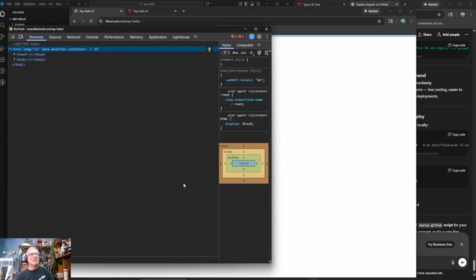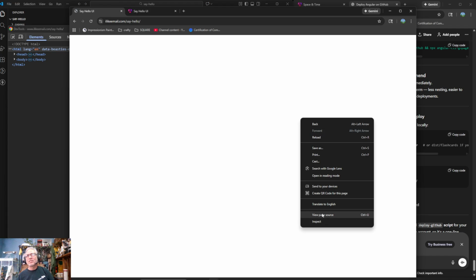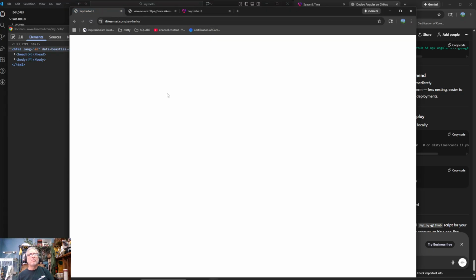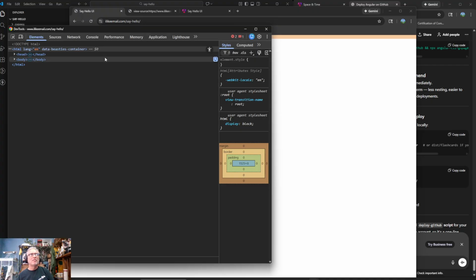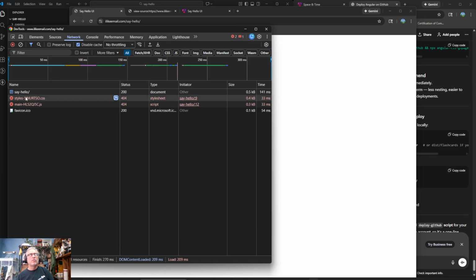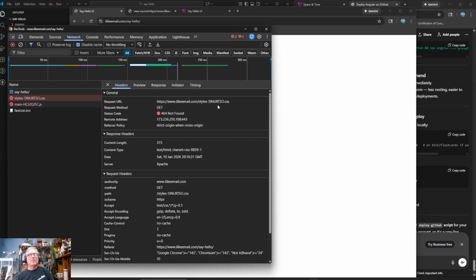Inspect this. Unfortunately, inspect doesn't actually give you it, it's view page source that'll actually give you. So now that's style and modules. That's weird. So it's still going through there.